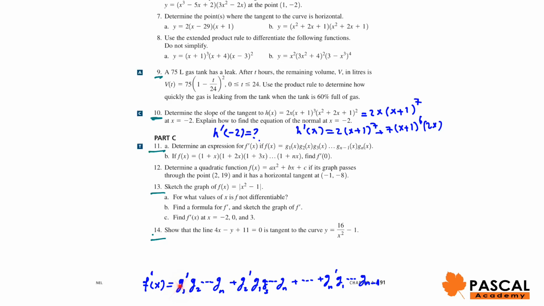The derivative of f of x is the derivative of the first function multiplied by the multiplication of the other functions, plus the derivative of the second function multiplied by the multiplication of the other functions in f of x, plus the derivative of the nth function times the multiplication of g1 to gn minus 1. Then the next part is asking to find